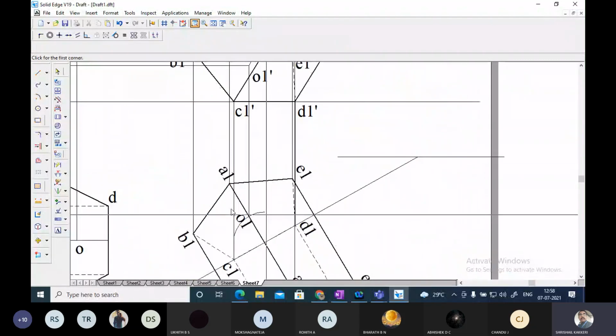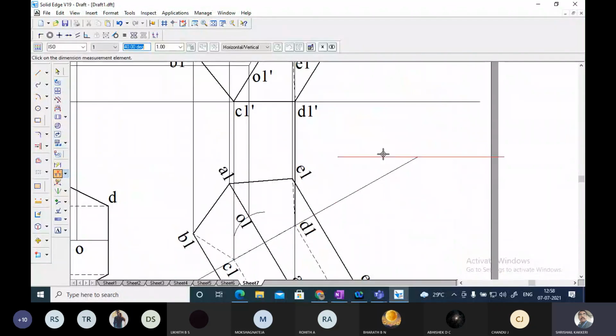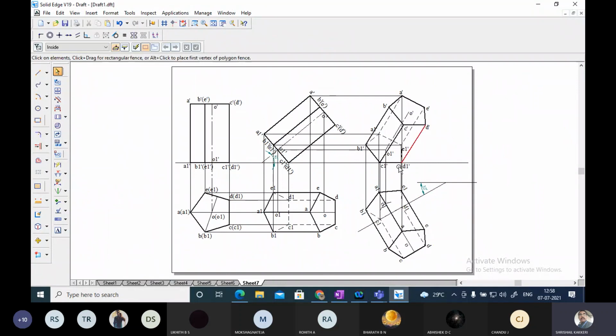Here also you have to show the angle, 30 degrees I have shown, and this will be the final front view. And this will be the final top view. This is the problem.